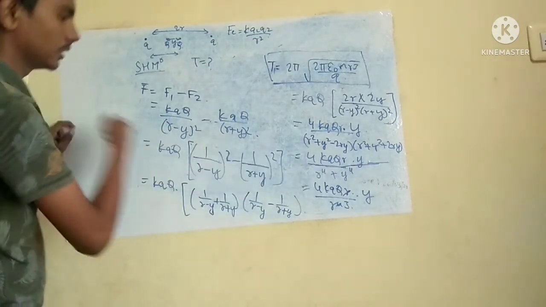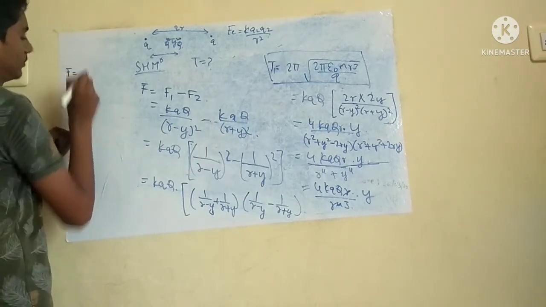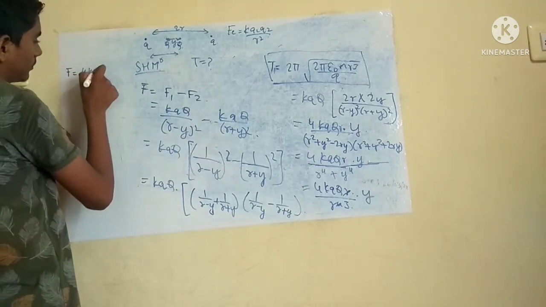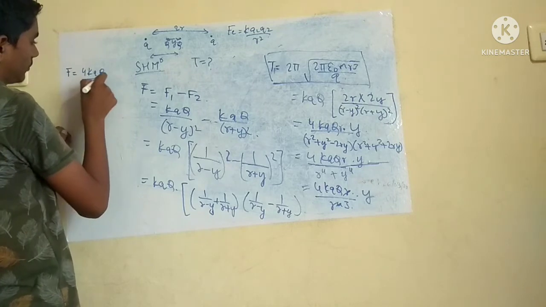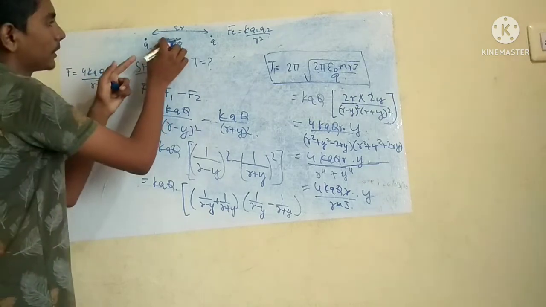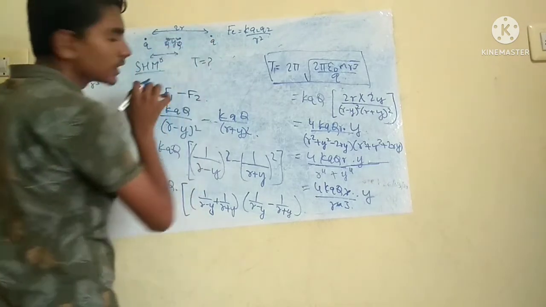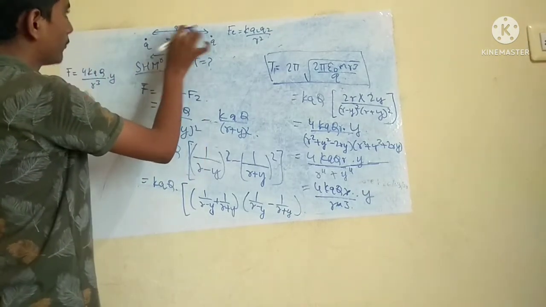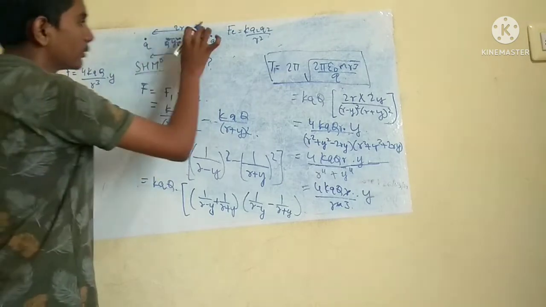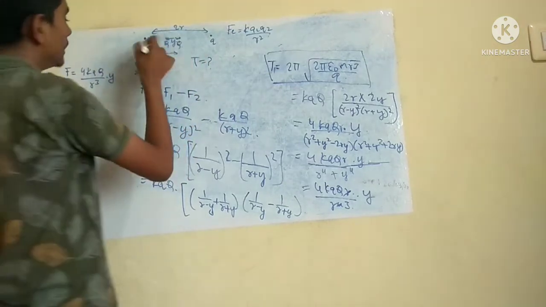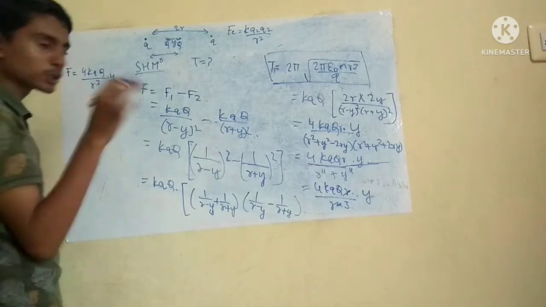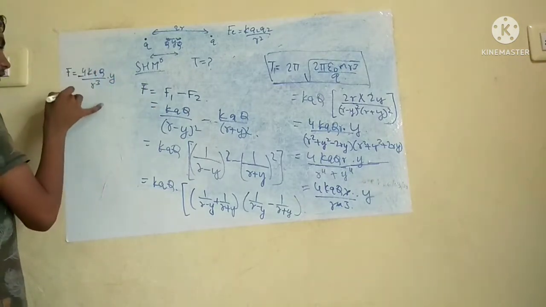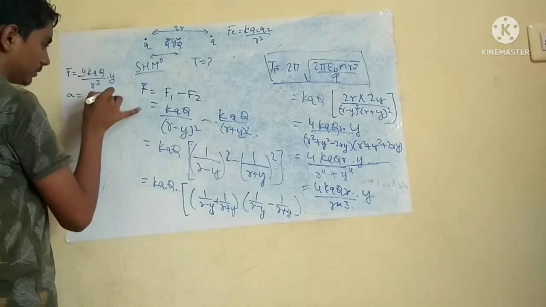जगह ही नहीं इधर लिखता है. If you displace it here, the maximum force will be here, means the resultant force will be in this direction. F1 minus F2 will be in this direction. Now if you displace like this, displacement and force are in opposite directions, means you include the minus symbol. Okay. Now if you divide this by mass, you will get acceleration.